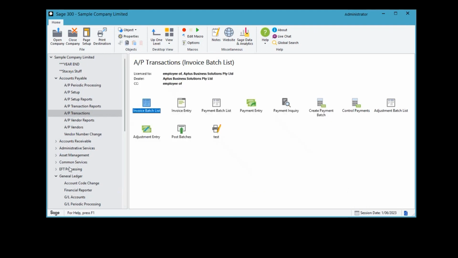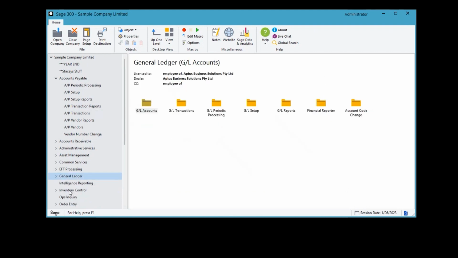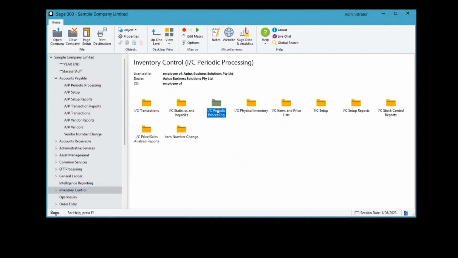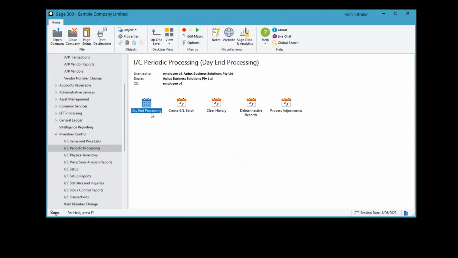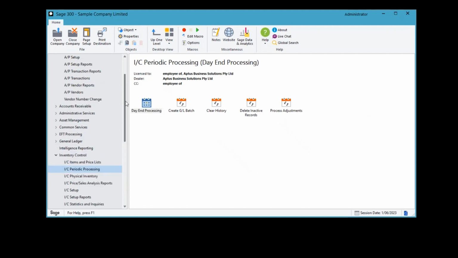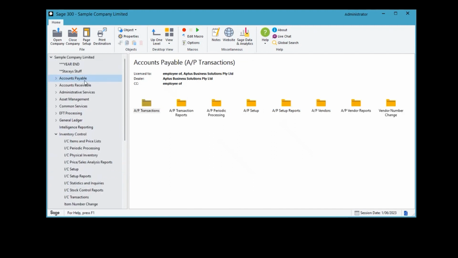If you're running day end, you would be coming into your inventory and your periodic processing and running day end just to make sure as much as possible is pushed through. The other thing that I did mention is that whether your auto posting is turned on or off, each module has